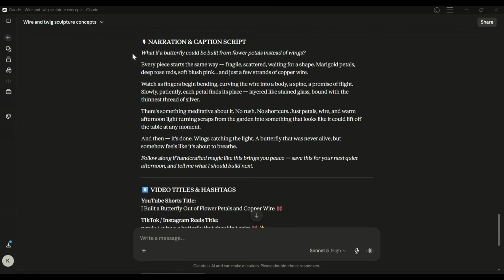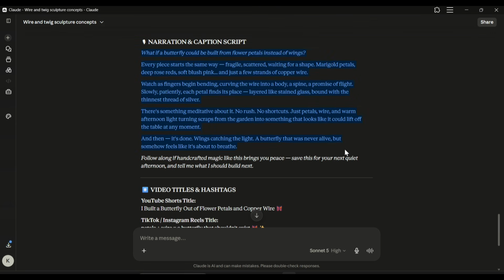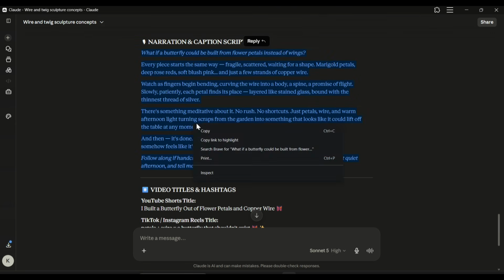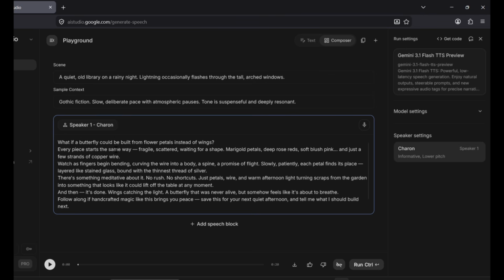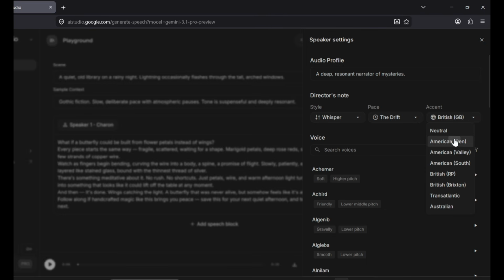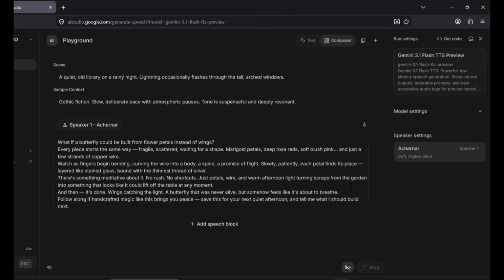Once all your videos are finished, go back to Claude AI one last time and copy the narration script. For voice generation, I'm using Google AI Studio. Simply paste your narration script, choose the voice model that best matches your style, then adjust the voice, accent, pacing, and speaking style. After that, click Run. It usually takes around 2 minutes to generate the voiceover. Once your voice is ready,